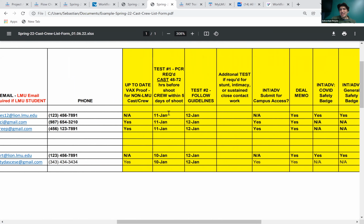Because of the semester and the uptick in cases for Omicron, SFTV Production Administration is taking a better approach to making sure that we're all safe on set. And so part of that is the two-testing system. So if we're going to look at the cast members, no matter if they're LMU or not LMU, they have to get tested twice. The first time has to be a PCR test, and that is 72 to 48 hours before